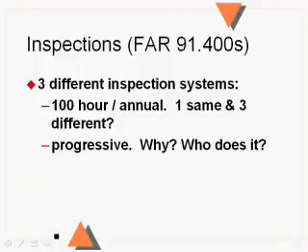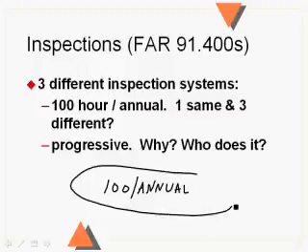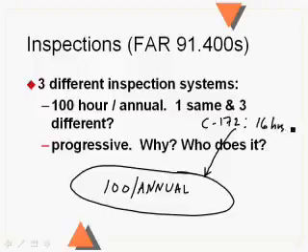Okay, progressive inspection system. Let's just say they take the 100 hour and the annual and everything that you do inside of it. For a Cessna 172, it probably takes a good airframe and power plant mechanic about 16 hours of labor to get it done, and at 8 hours a day, that's 2 days of labor. So the airplane is out of service or down for 2 days to get a 100-hour inspection or an annual done. Now that's for a Cessna 172.